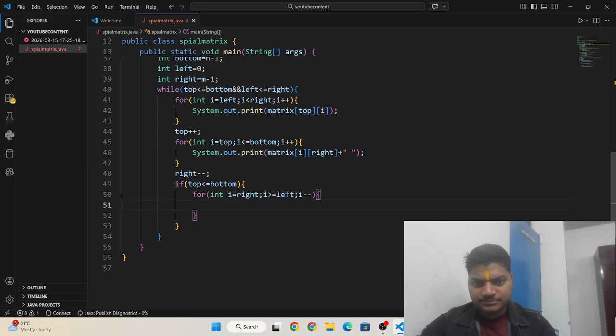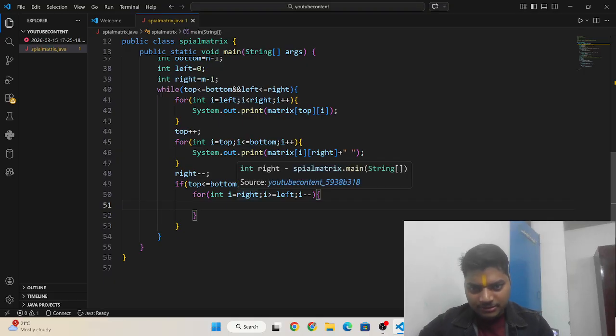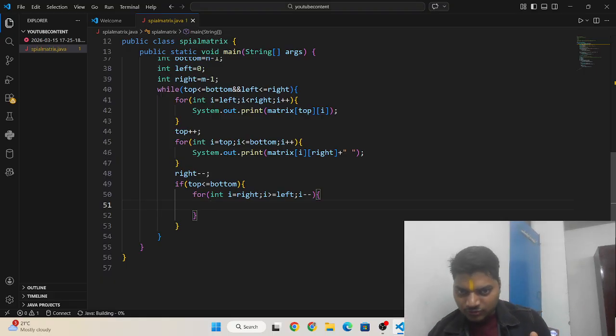Why? Because after printing, the elements start printing from the right column to the left column in the bottom.